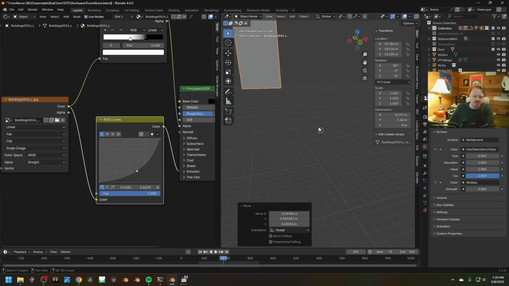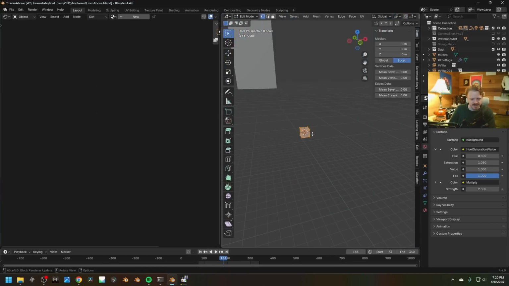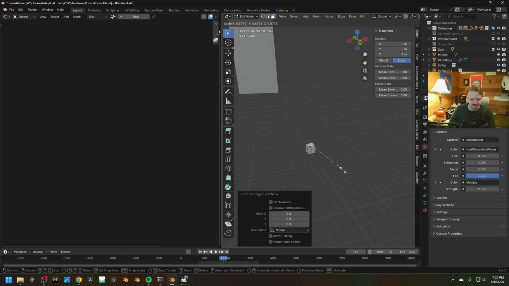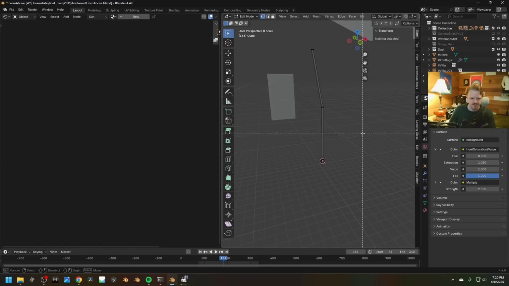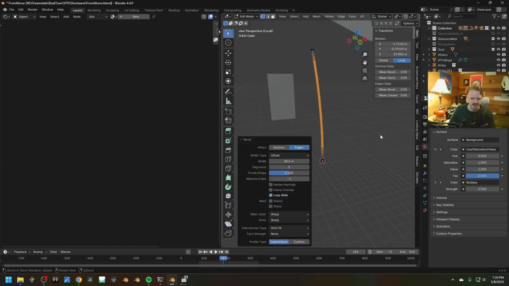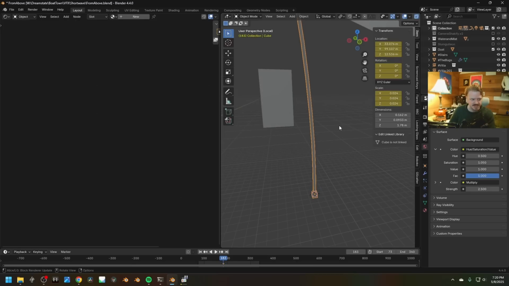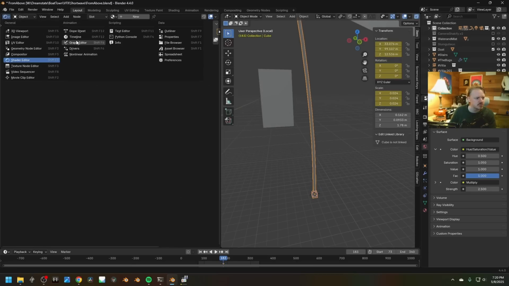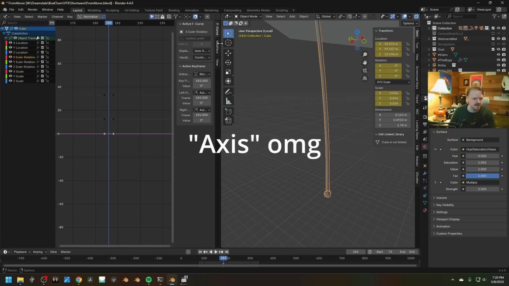But that also requires obviously setting up a full simulation. So the easy way to just do this is, let's say we've got this antenna going up like that. Here, we'll curve it. And the origin is down here at the bottom, so if we hit I to add a keyframe, and then we go into the graph editor, we can pick one of these axes, maybe just the rotation axis here